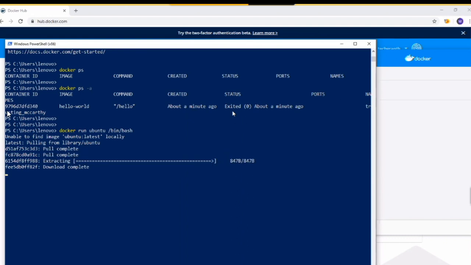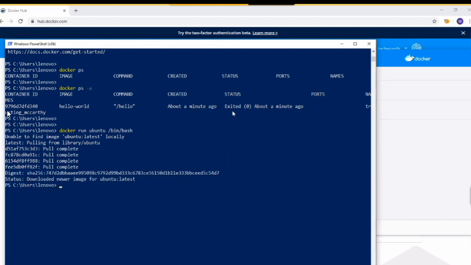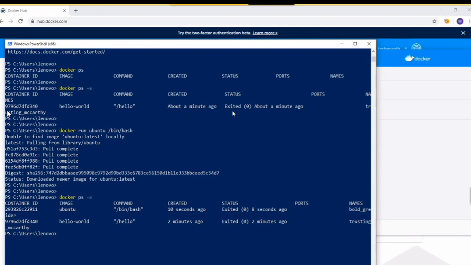The download is now complete. Let's see now with docker ps -a. You can see now we have two containers, with the ubuntu image as well as the earlier hello-world. Ubuntu also exited just 8 seconds ago. So with the docker ps -a option, we can see all the exited containers as well, right?